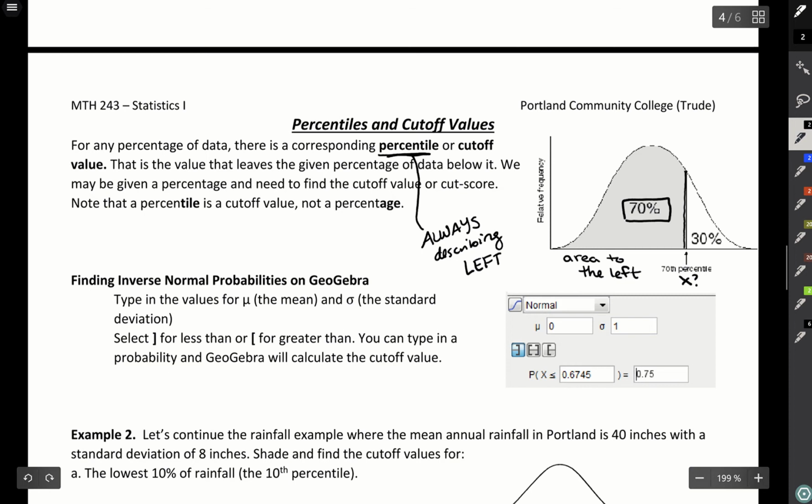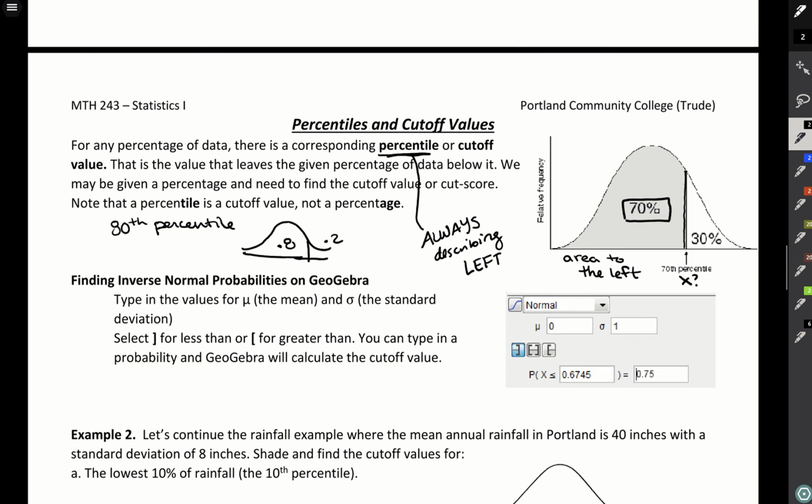So if you're given an 80th percentile, then I can draw this bell-shaped curve and divide it such that I have this lower 80%, upper 20%. It's always the lower value. So with this scenario of given area, but then wanting to find these cutoff values, because the percentile is actually